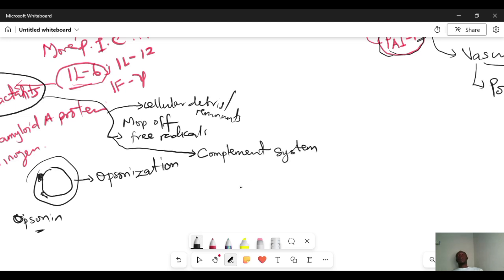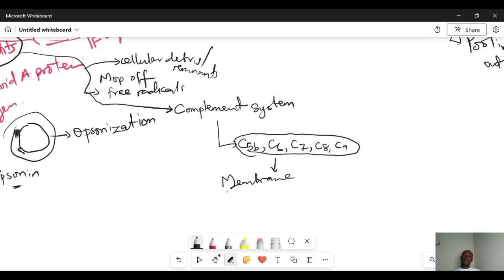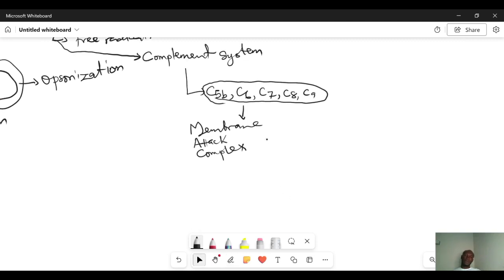Now, this is important. Complement proteins C5b, C6, C7, C8 and C9 form what is termed the membrane attack complex, MAC. All right. So this membrane attack complex, what it does is that it